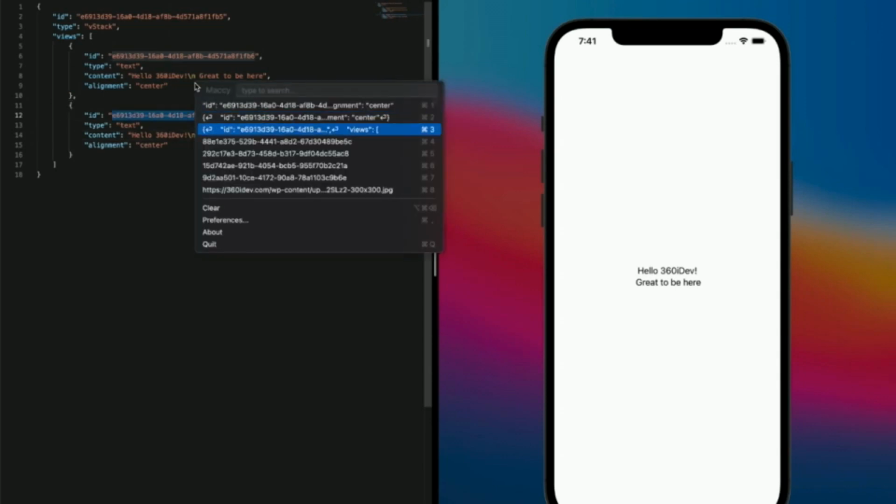Now we're putting the text into a VStack that is described in our JSON. We're putting it underneath each other so that we have several text views underneath each other. And once I'm saving, it will automatically update without me ever having shipped anything else than a very generic SwiftUI view that just takes JSON input and displays whatever I give it to.